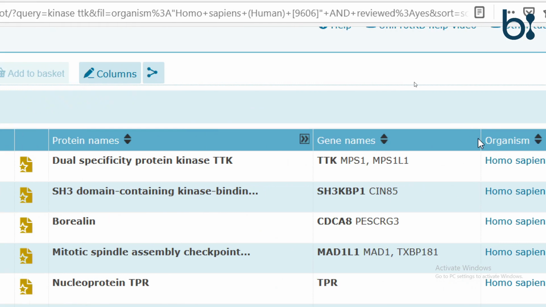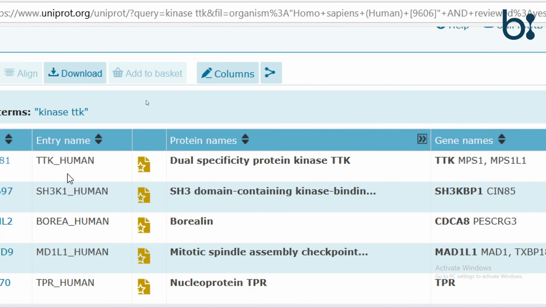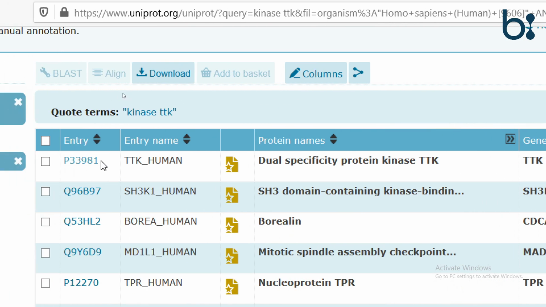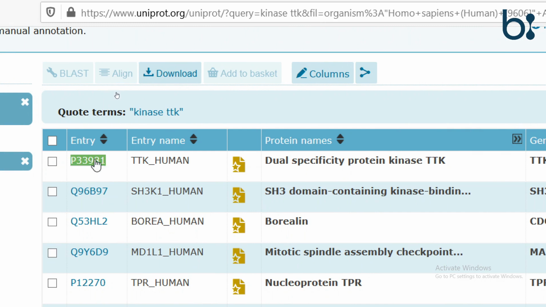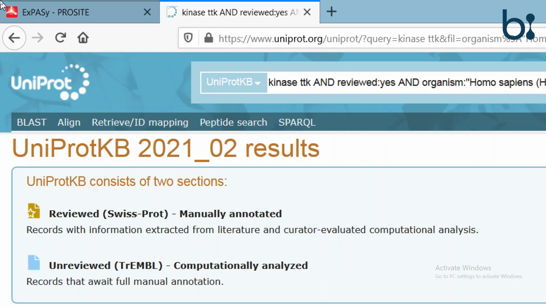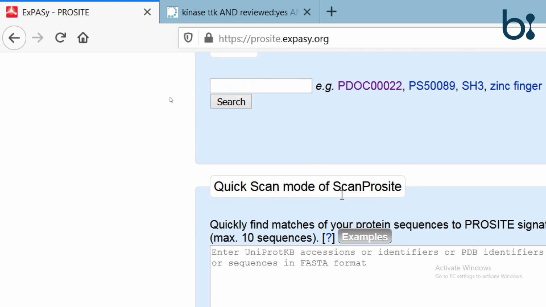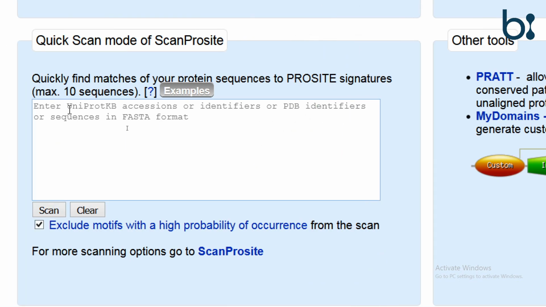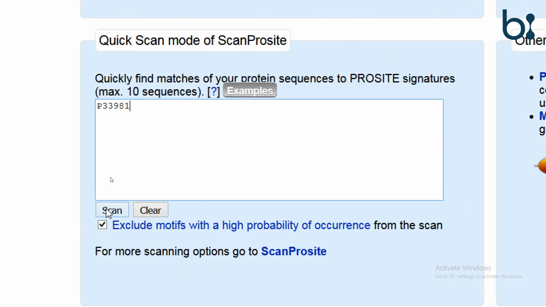Okay, so this is the first, and this is the TTK. So we will copy this ID and paste it, and we will scan.